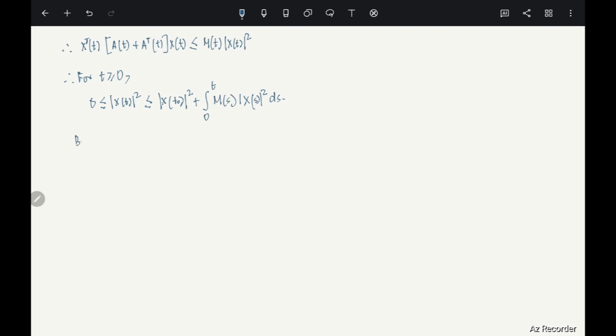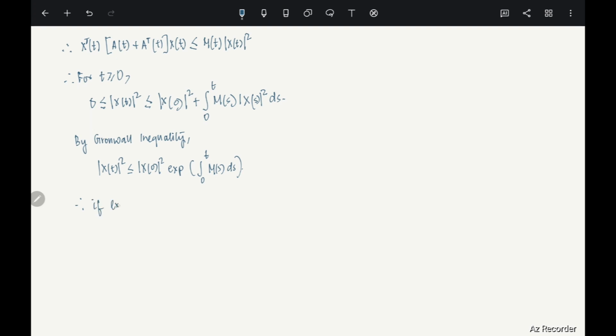Now by Gronwall inequality, we have that the norm of x(t) squared gets dominated by the norm of x0 squared. What is t naught? Let's just put it as 0. Exponential of the integral from 0 to t of m(s) ds. Is this okay? Now therefore,